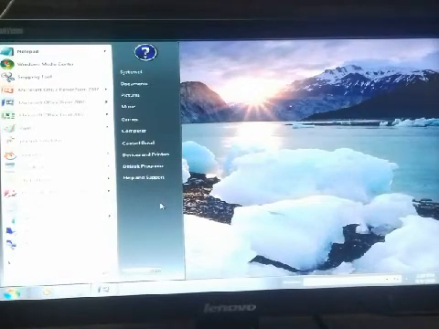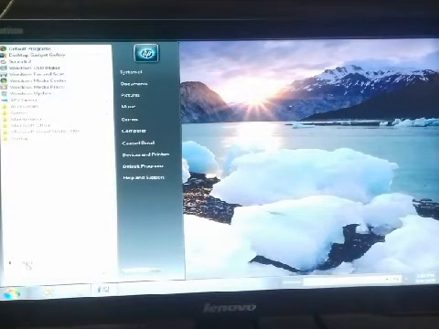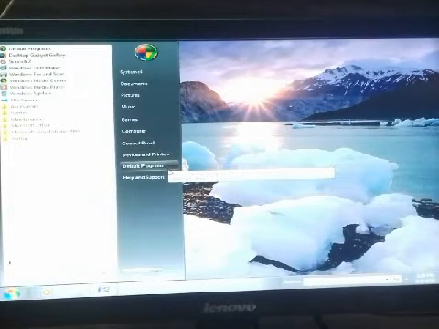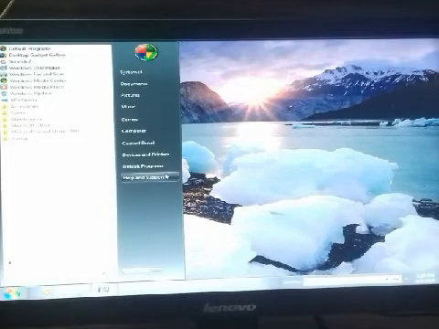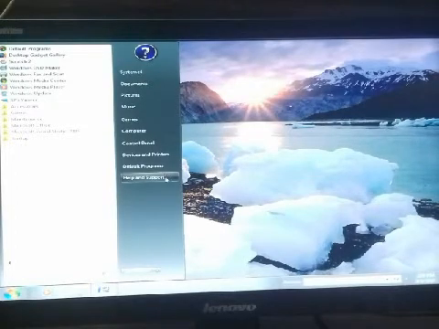Dear students, the all programs option is present at the bottom of the left pane. Here you can see the all programs option. The right pane shows the items that appear as links or menus to commonly used programs, and the shut down button to switch off the computer is also present at the bottom of this pane.